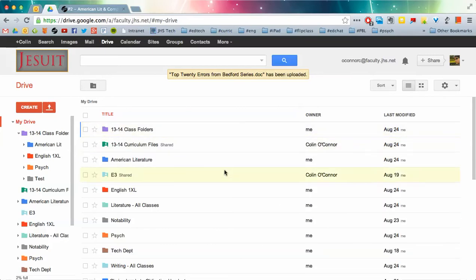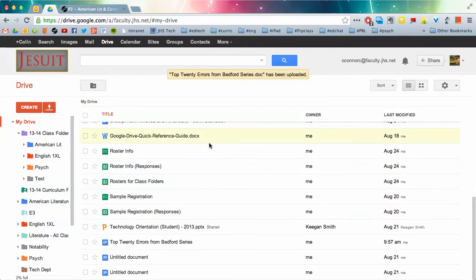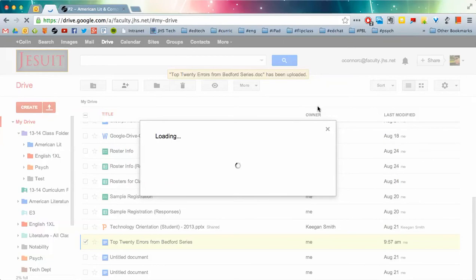Now, where did it go? When you do your basic upload to Google Drive, it's just going to show up in the main Drive folder. From here, it's pretty easy to move it. Select the box to the left of the item that you want to move or change or share, and it brings up a bunch of menu options up at the top. This button here, the share button, the little person with the plus sign,